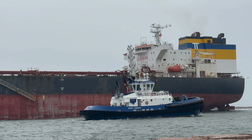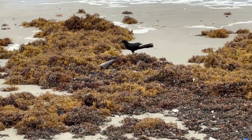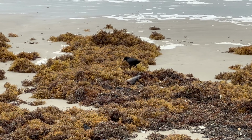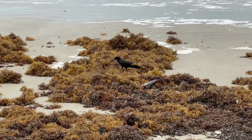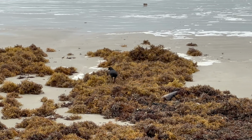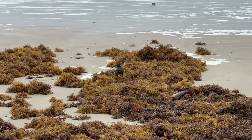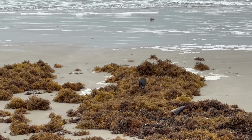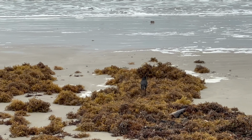Port Aransas, Texas, guys. As you can see, a lot of sargassum has washed ashore. And that's its own little ecosystem. The birds will pick through that all day, finding little organisms to eat. And the last few days, I've been here 2 days now,